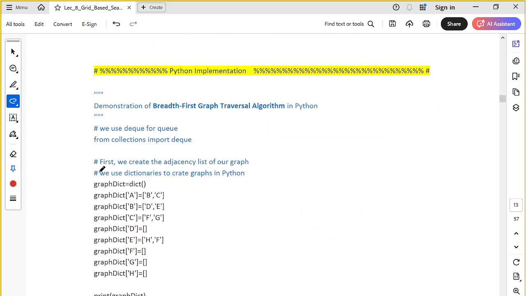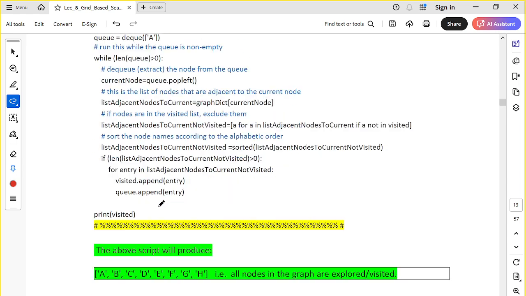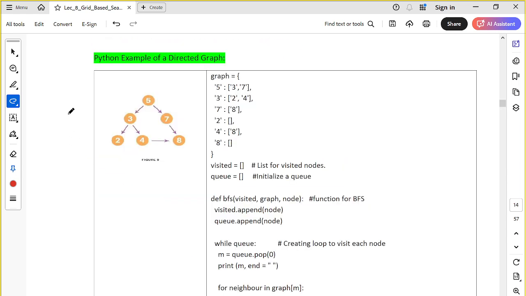So let's see how we can. Let me go to this example first. This example of some nodes. Let's say we have 6 nodes here, which is the directed graph. Example of a directed graph, and how we can implement this in, let's say, Python. Okay, so this simply you can see